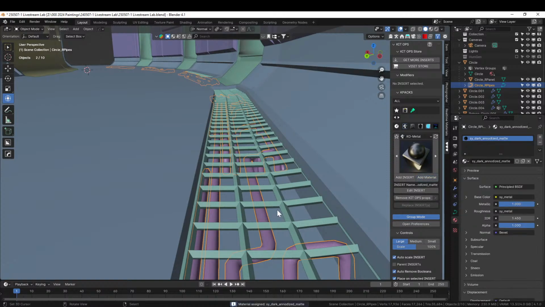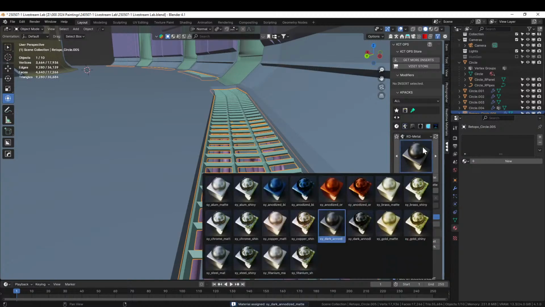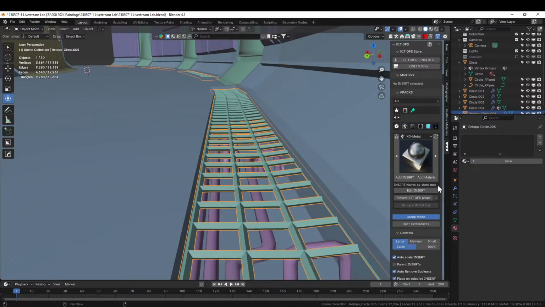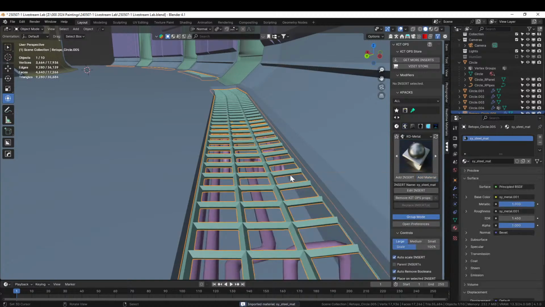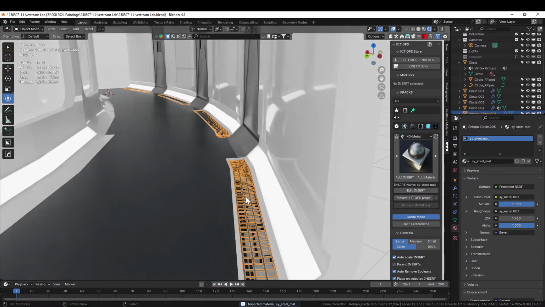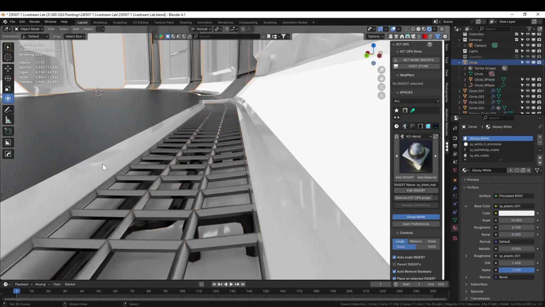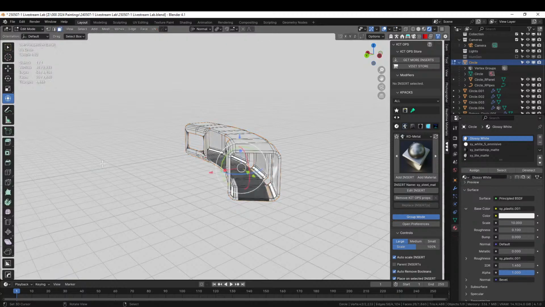Add material. Then this thing, we can make a matte steel. Let's see what we got. Cool. And let's come back to this thing, solo it, tab it,